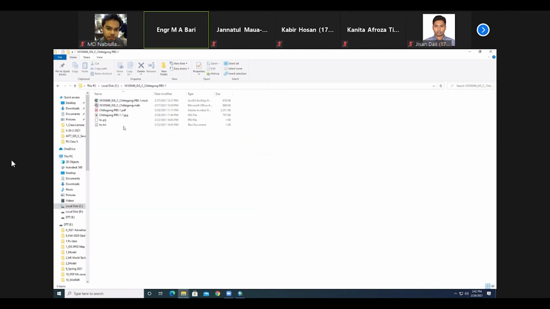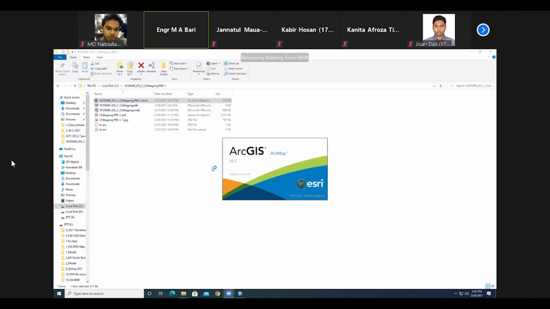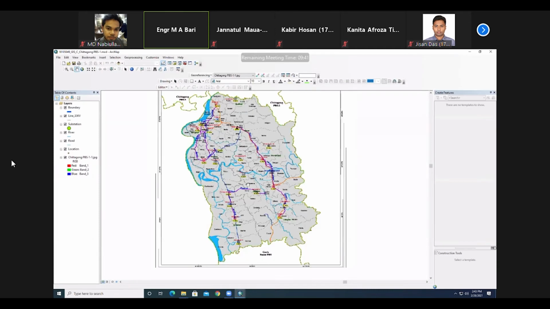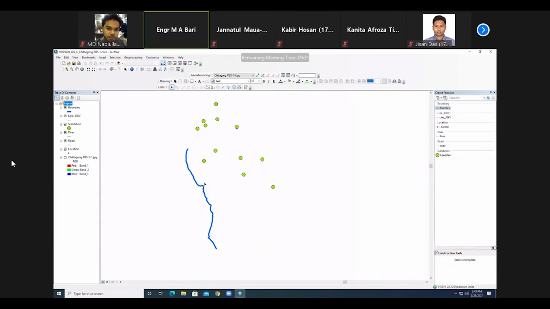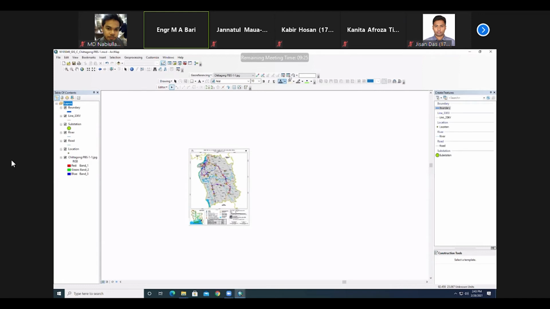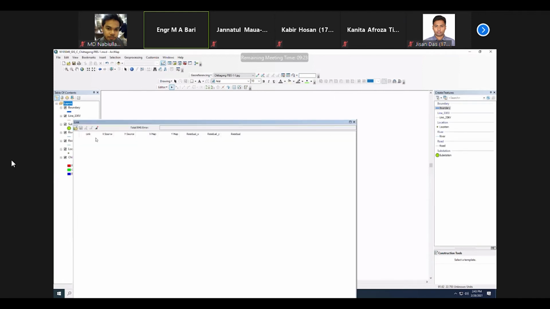So I'm just opening the agriculture one. So electrical, look at the first thing: you need to connect your feet.